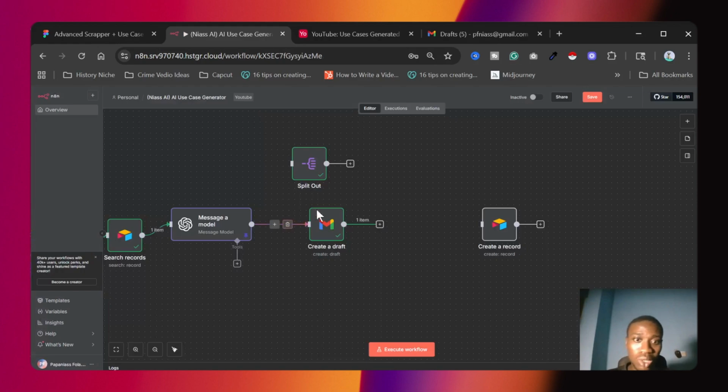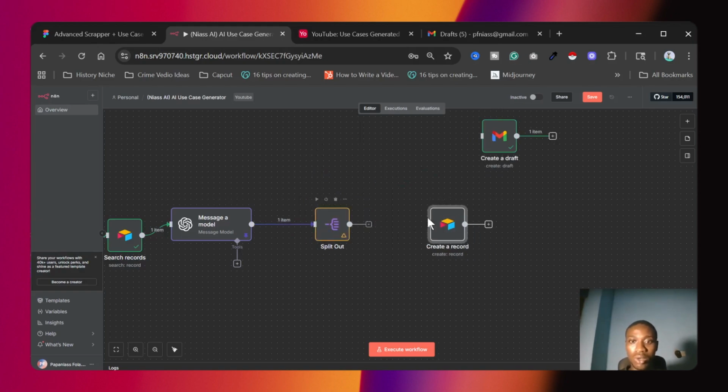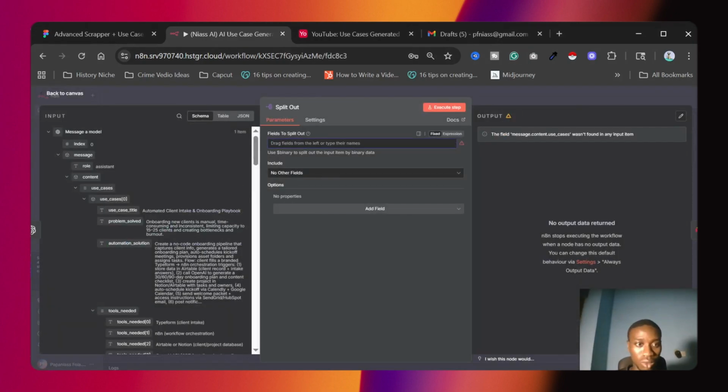So I checked it out, and I don't think a split node can come after a Gmail node. If you want to send directly to Gmail, then just save this back to the way it is and we update the table we have already done. So I'll put this here, split out the use case, this execute step.